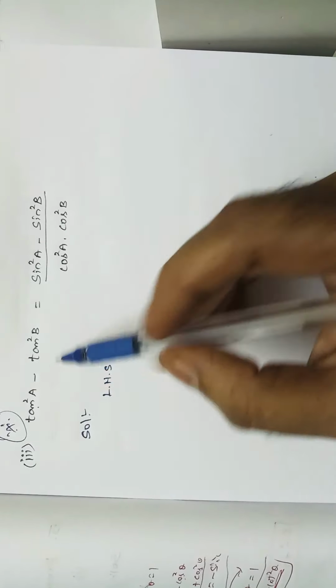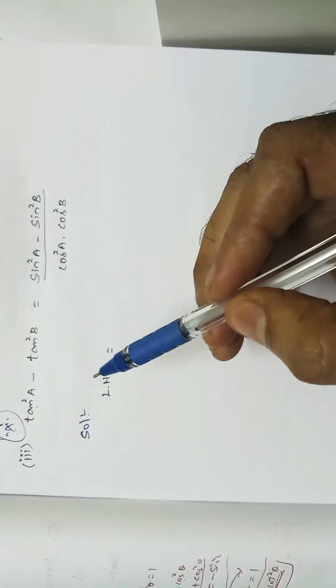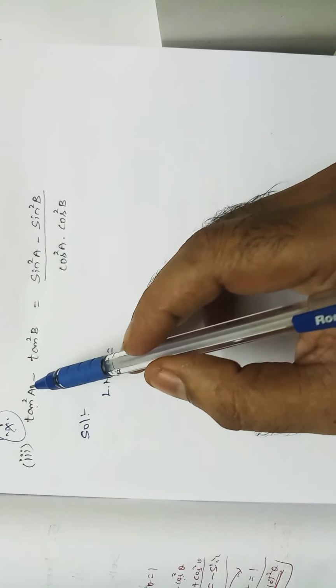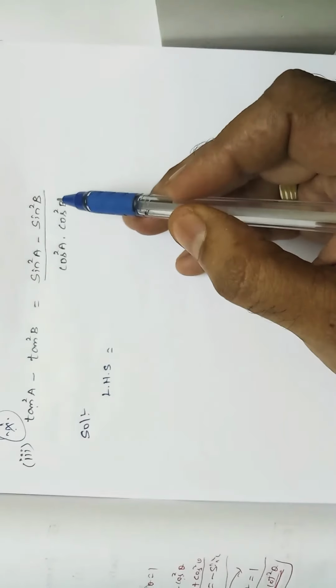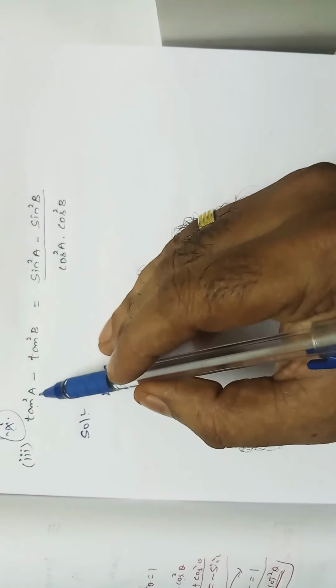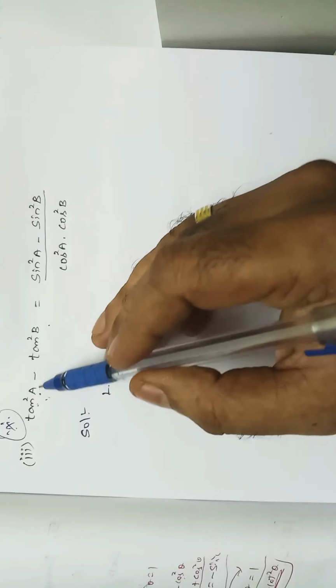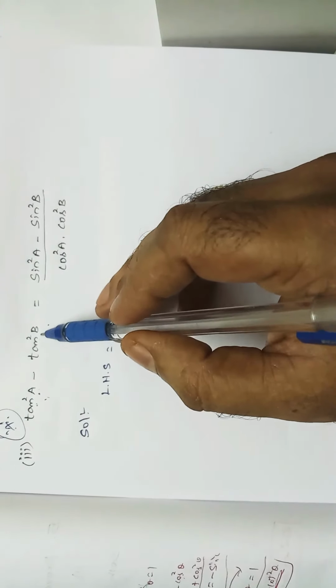Very simple. See, up to that sum number 5, second subdivision, we are having only theta. If the angle is theta, all the angles will be theta. If alpha, all the angles will be alpha. Beta means all will be beta. But here, see, A and B, two variables are there. Here tan square A and here minus tan square B, separate. So this is different, and this is different.